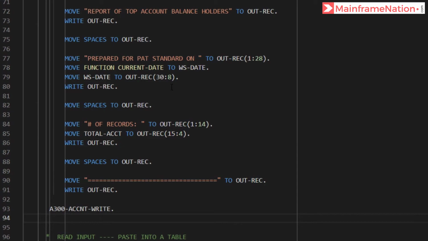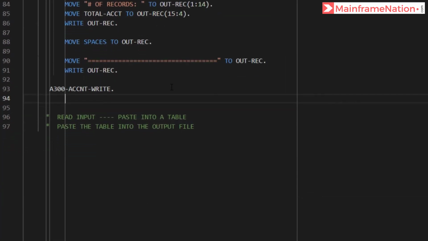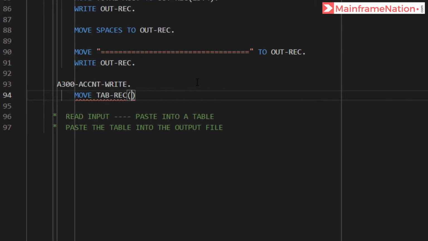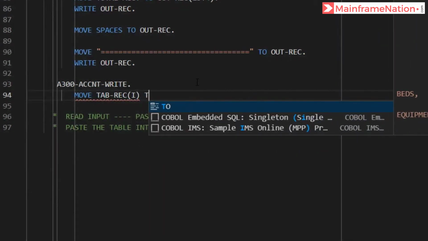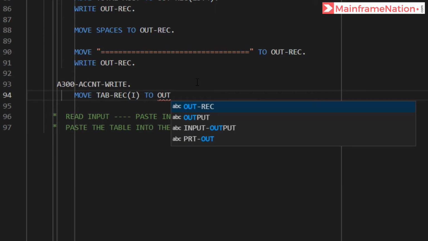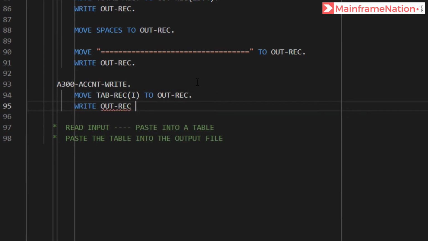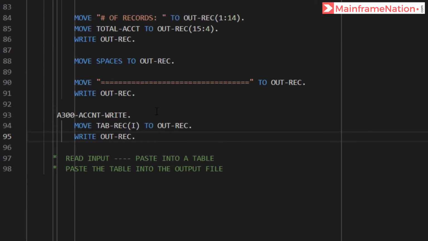It is table record. What we can do is move table record, the first record, to the output record, and then just write output record. And we have to do one by one until total accounts have been completed.